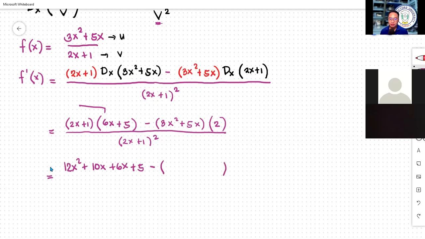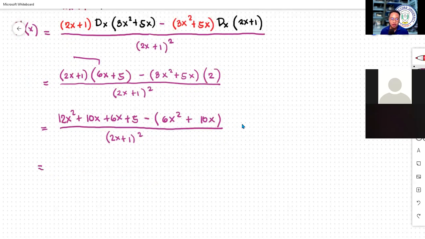What is 2 times 3x squared? That's 6x squared. 2 times 5, that's 10x. And then you distribute the negative signs inside the parentheses, plus 1 squared. Okay? And then we have 12x squared plus 10x plus 16x plus 5. Distributing the negative sign, minus 10x over